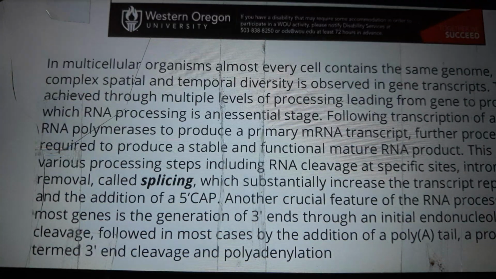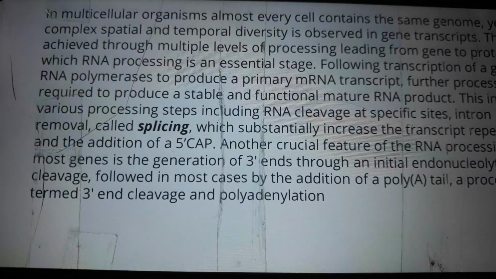In multicellular organisms, almost every cell contains the same genome, yet complex spatial and temporal diversity is observed in gene transcripts. This is achieved through multiple levels of processing leading from gene to protein, of which RNA processing is an essential stage. Following transcription of a gene by RNA polymerases to produce a primary mRNA transcript, further processing is required to produce a stable and functional mature RNA product. This involves various processing steps, including RNA cleavage at specific sites, intron removal called splicing, which substantially increases the transcript repertoire,